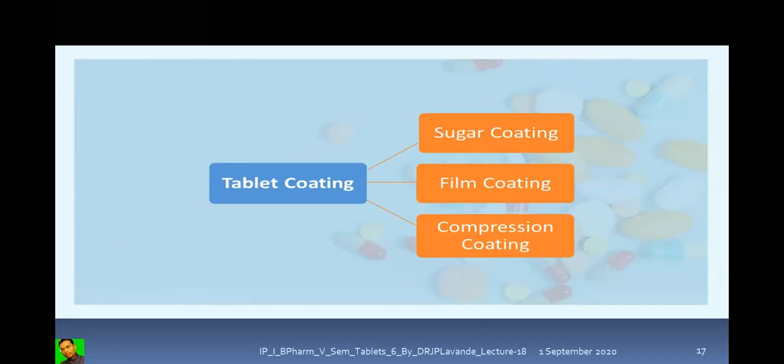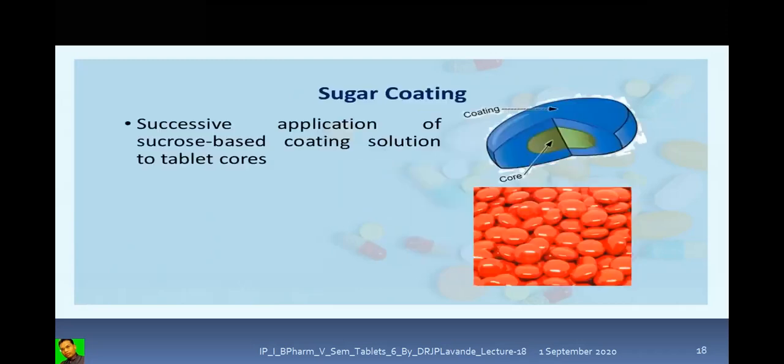In sugar coating, we are giving thick layers of sugar, like sucrose, surrounding the tablet, as a result of which the tablet may have weight gain. As far as the film coating is concerned, a thin film is given over the tablet, and in case of film coating there is no weight gain. The weight gain is in case of the sugar coating, whereas in case of compression coating, again there is a weight gain, because through the process of compression we are giving the coating. So compression coating is nothing but a tablet within a tablet, we can just understand, right?